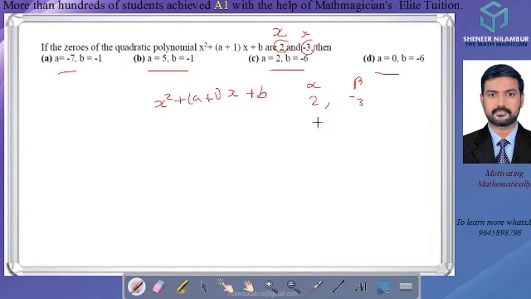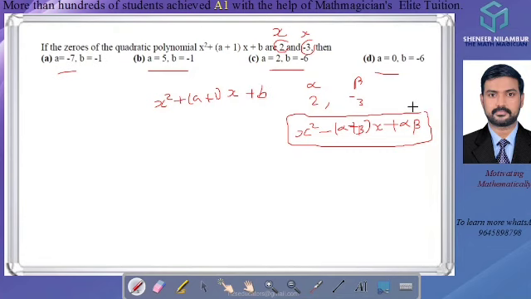So we can make the quadratic polynomial by using the equation x square minus (alpha plus beta) into x plus alpha beta. This is the equation for making a quadratic polynomial by using their zeros. Here alpha and beta are the zeros which are given, 2 and minus 3. So this equation will be x square minus (alpha plus beta). What is alpha plus beta? 2 plus minus 3, alpha is 2 and beta is minus 3. So 2 plus minus 3 into x plus alpha beta, that means 2 into minus 3.